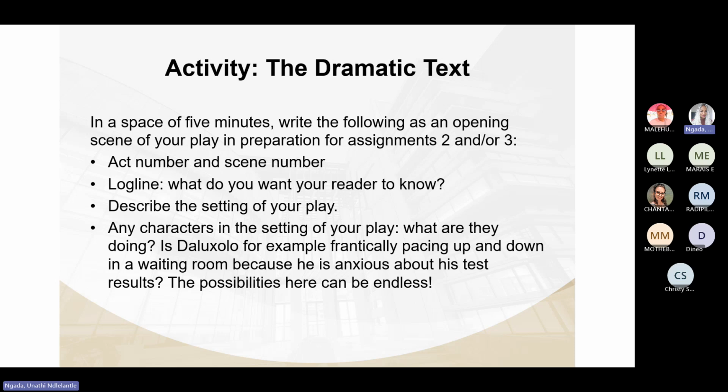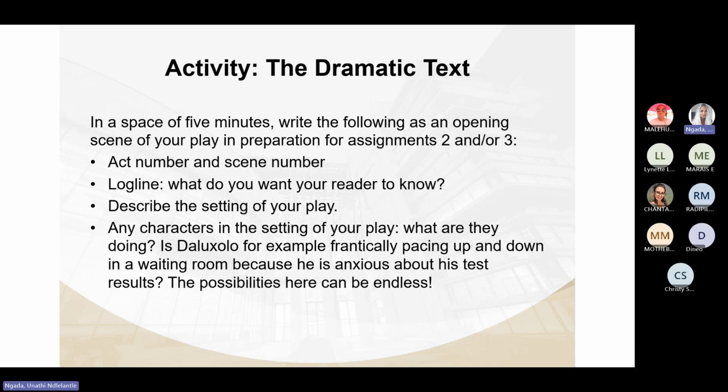But otherwise, I am quite reasonably pleased with what you have written so far. So thank you so much for sharing what you have done in this activity. A lot of you are going to find this extremely helpful for assessment 2 and 3. So now we're going to get into the screenplay.